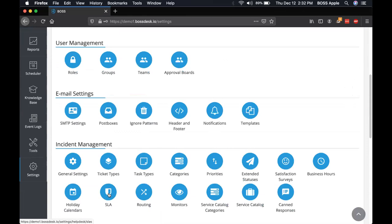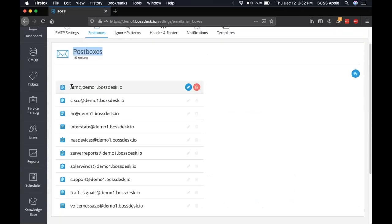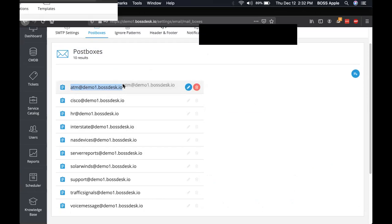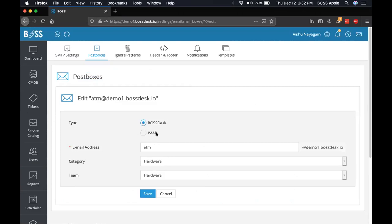And we have email to ticketing systems. So we call it Postboxes. What the Postbox is, is like an email software endpoint. You don't have to create this email address in your Exchange server or Office 365. You can just create it in Boss. It's just like 2 seconds to create this thing. Then you can plug this email. So this email address is publicly available. So anybody sends an email here, a ticket can be created and automated and routed